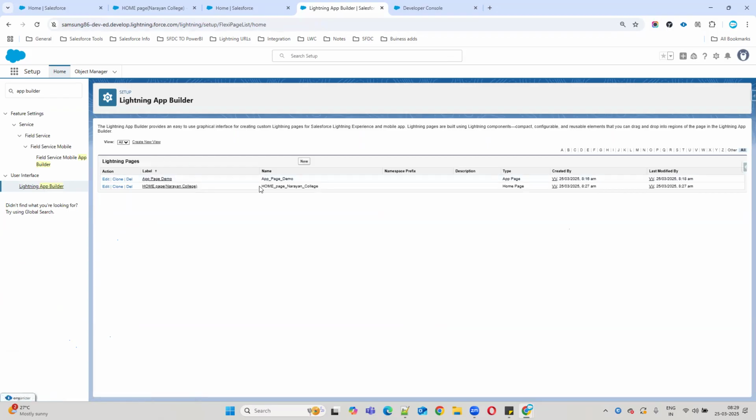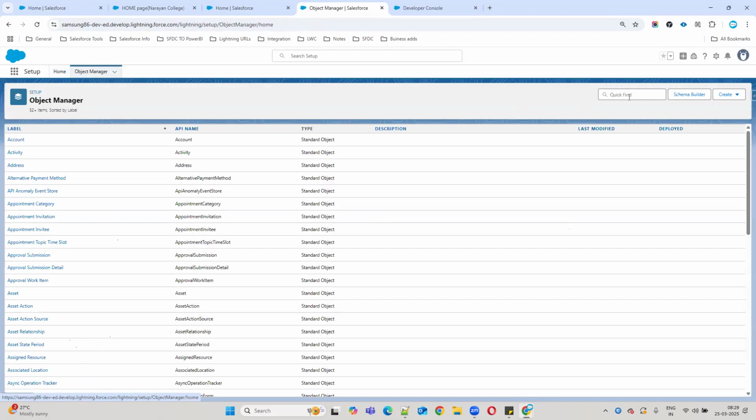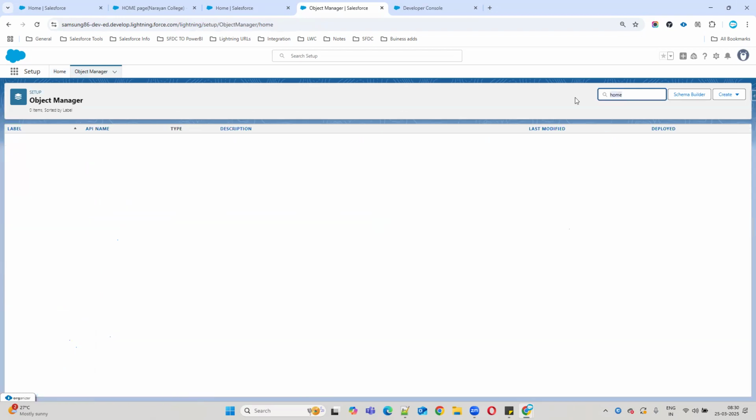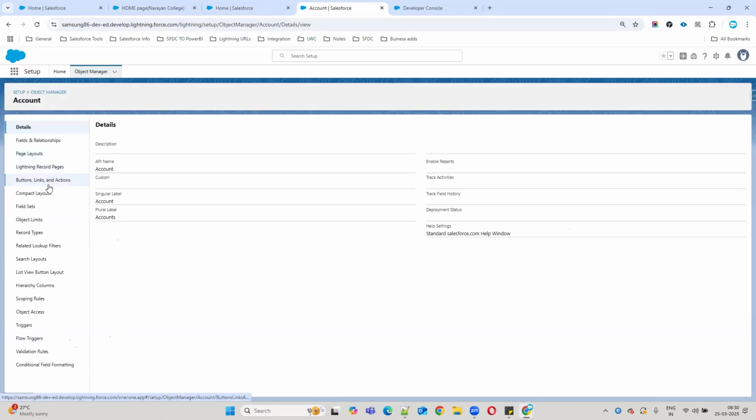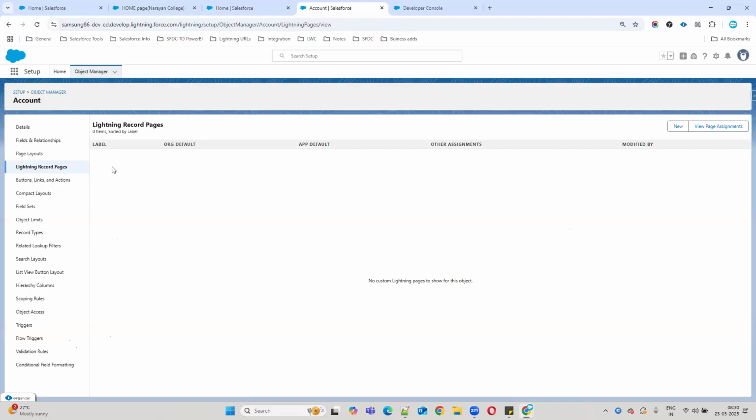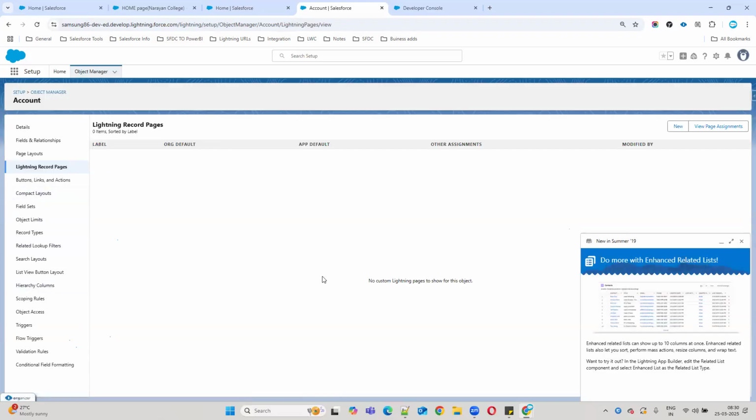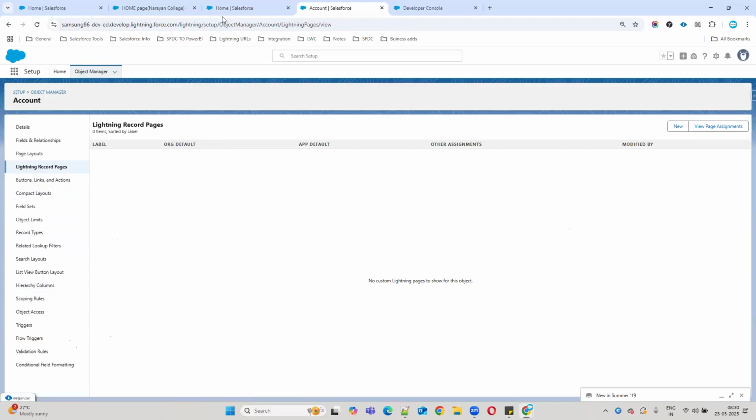Okay, so currently we have only these custom pages. By default Salesforce is giving some home pages, right? Those are coming automatically. If we go to the home page, we can see the home tab here. Now we open another thing, account. In account also, if you go here, you can see some Lightning record pages. These are record pages. We have not built them. We have one or two things.